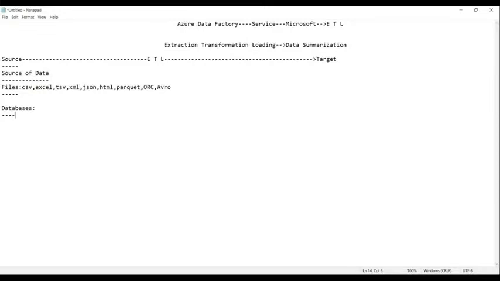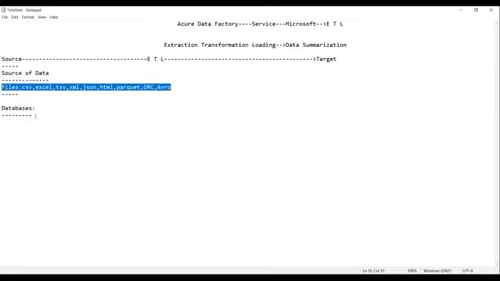Now, can you tell me the very basic difference between files and a database? You can consider that Excel files or CSV files are very similar. But whenever a very massive amount of data is stored, an Excel or CSV file does not support it.